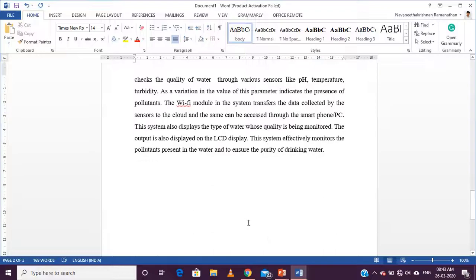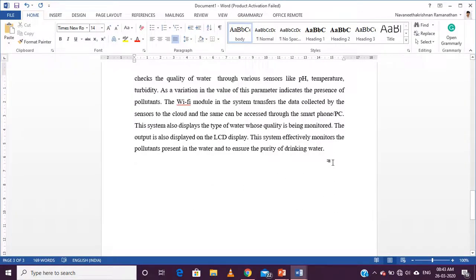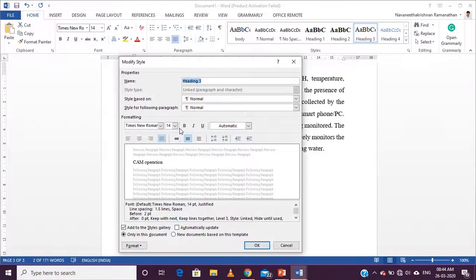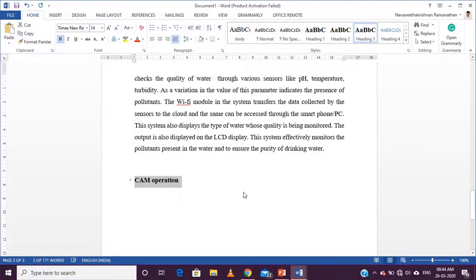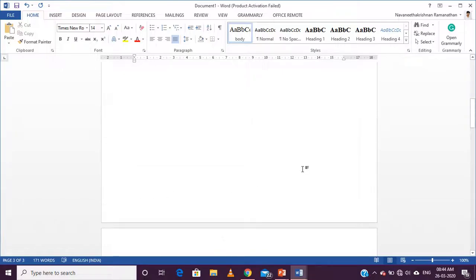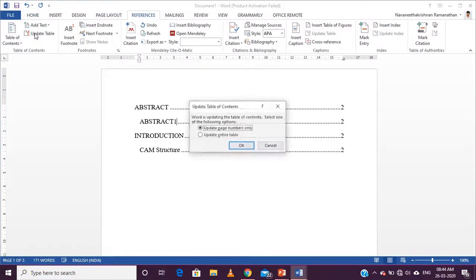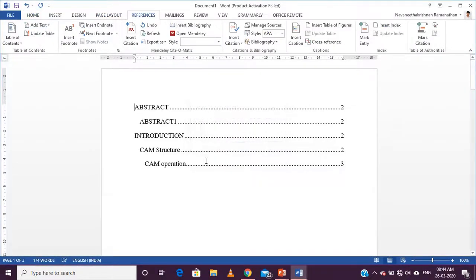So under CAM structure I am just giving CAM operation. So if I select heading 3, okay, I forgot something, it should be bold. Okay, so if I do that, automatically go to references, just give update table. So update entire table, you will get CAM operation as a heading 3.